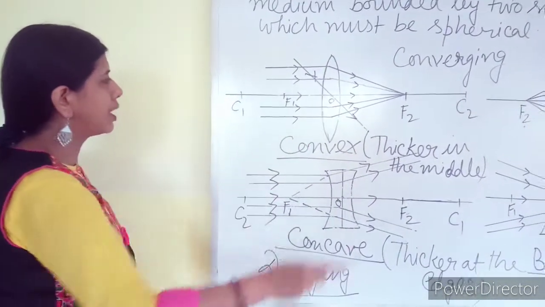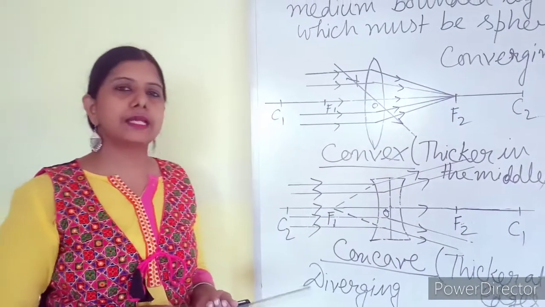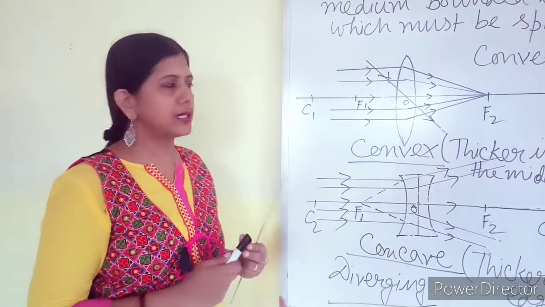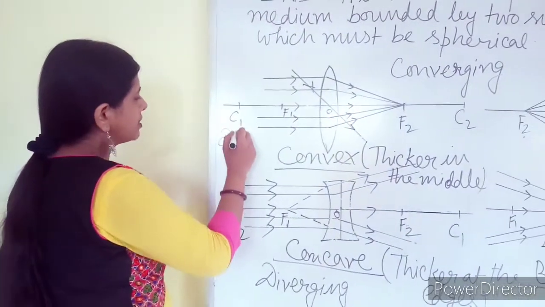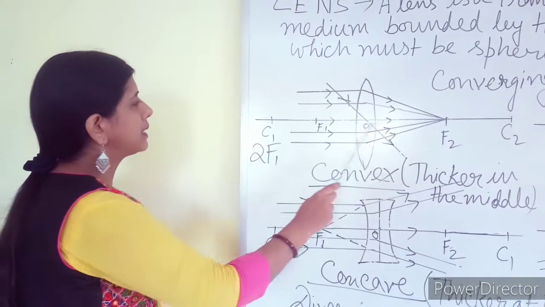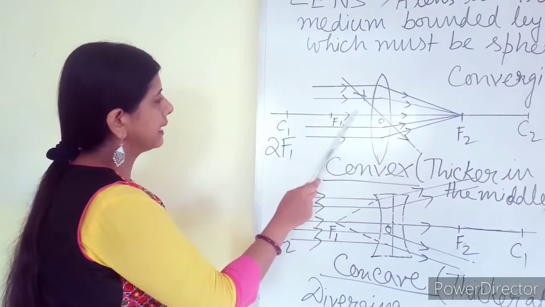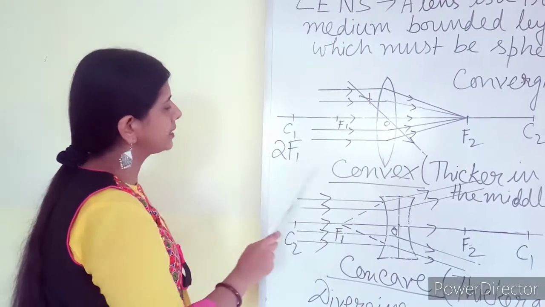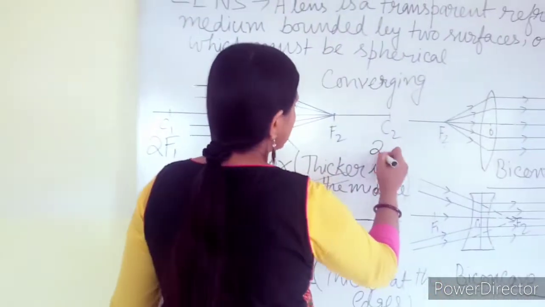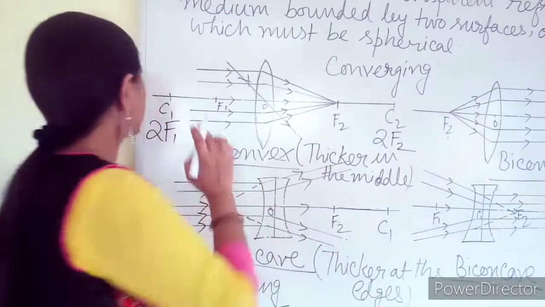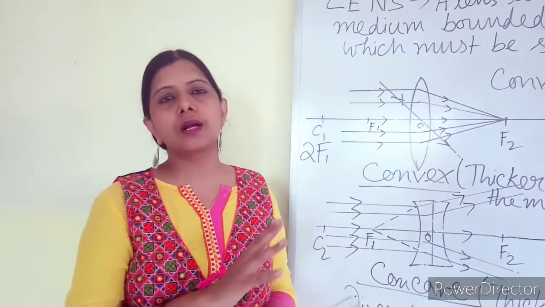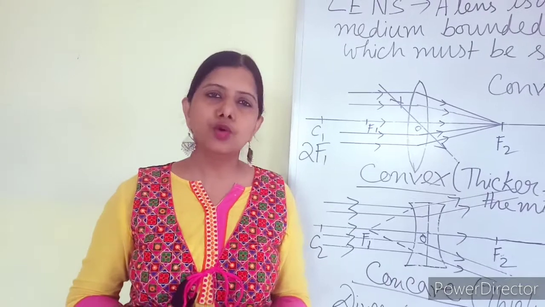And OC is what? In case of a mirror we used to say it as radius of curvature. So here also I can say radius of curvature, but it has another name, that is called 2F1. Why? Because this distance is double the focal length. Whatever is the focal length, the double of that one is C1 and that is 2F1. So on both sides I am going to get, here 2F2 and here 2F1. So today I have only given the introduction of lens as it is new for you.